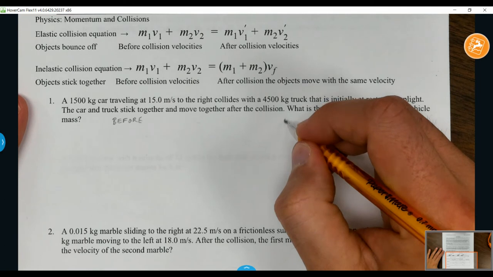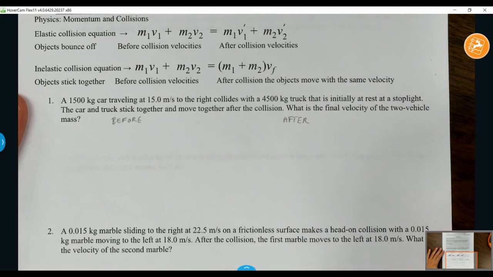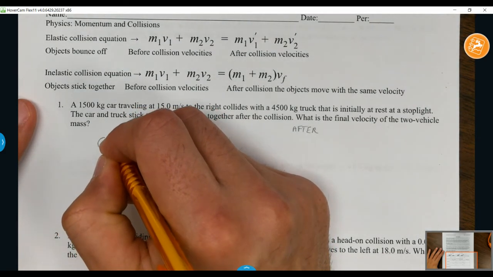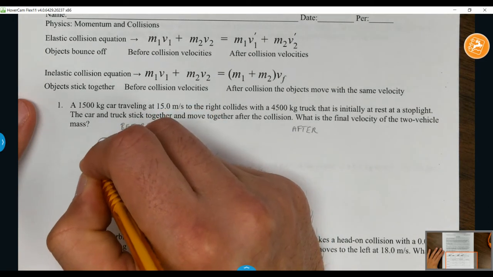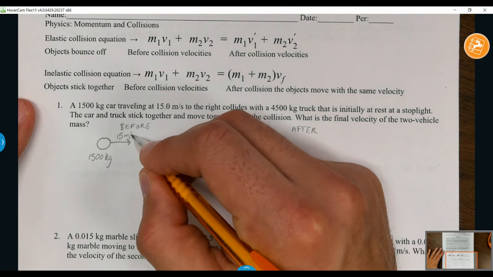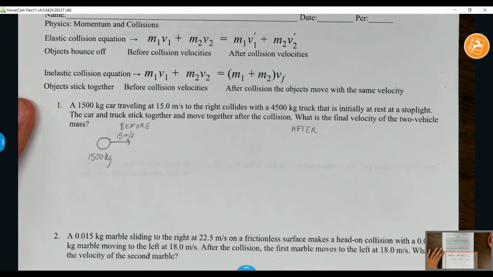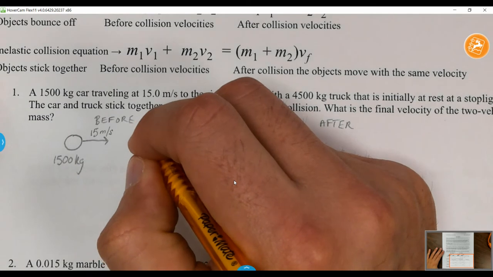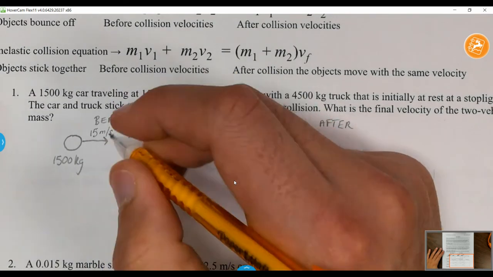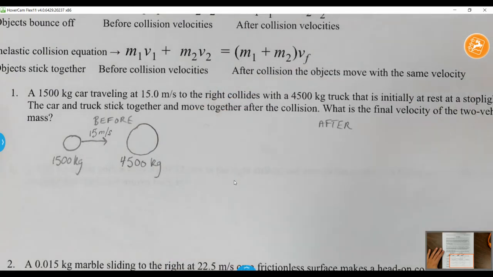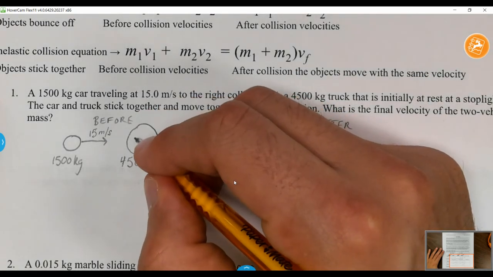we have our before, and then we have our after. So beforehand, we have a 1,500 kilogram car that is moving at 15 meters per second. It says it hits a truck that is initially at rest. That truck was 4,500 kilograms. Now, since it doesn't have a velocity, the velocity is 0,